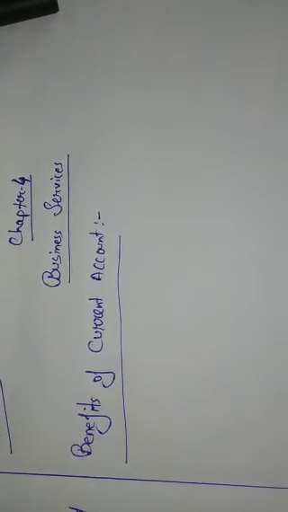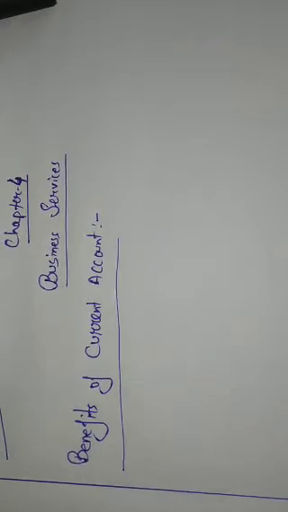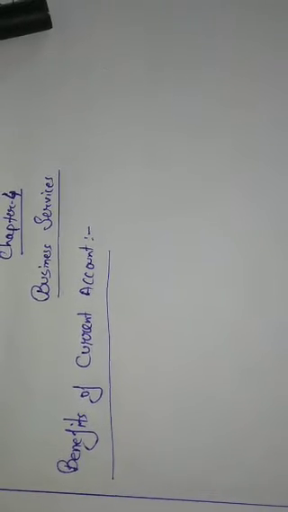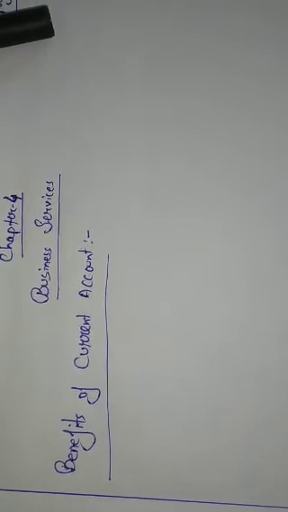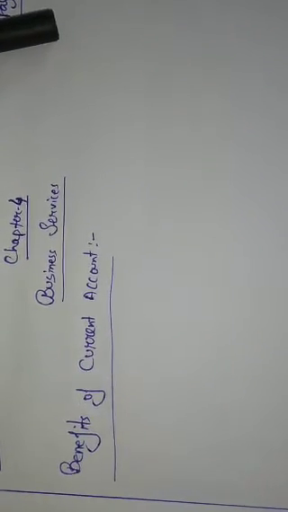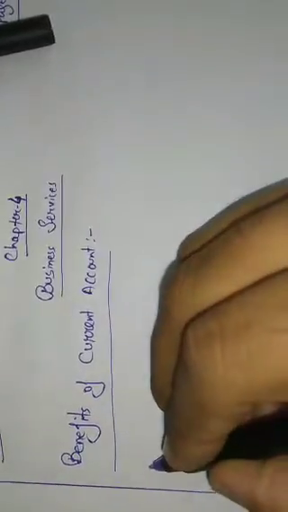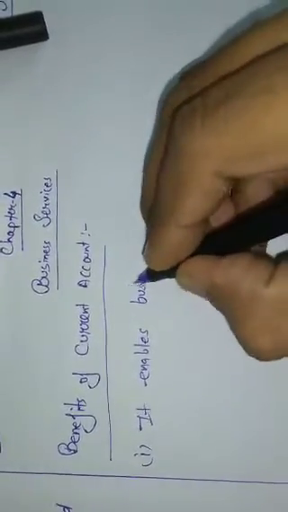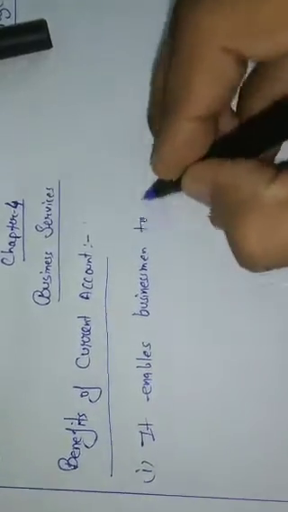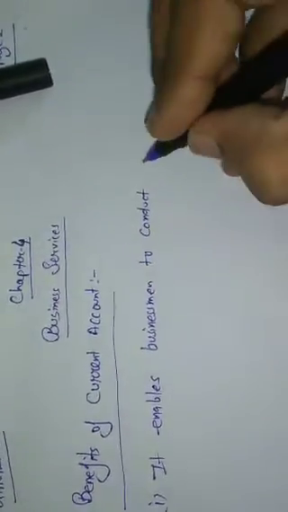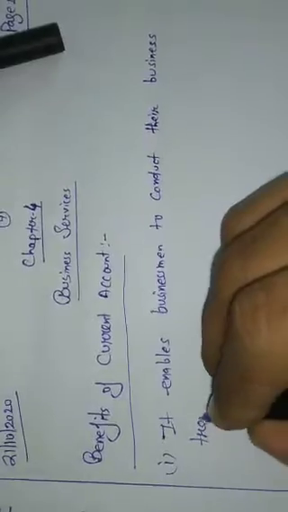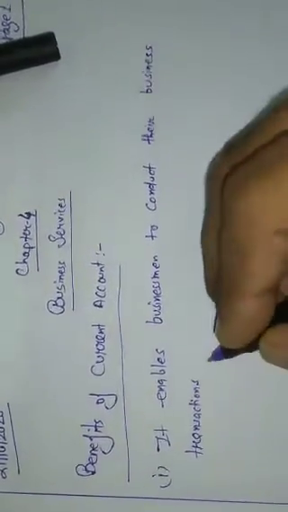You know that the businessman can withdraw and deposit their money in this type of account many times. There is no restriction to deposit the money, and there is no restriction to withdraw the money. The main motive is the smooth functioning of the business. So here you will write, first point: it enables businessman to conduct their business transactions smoothly